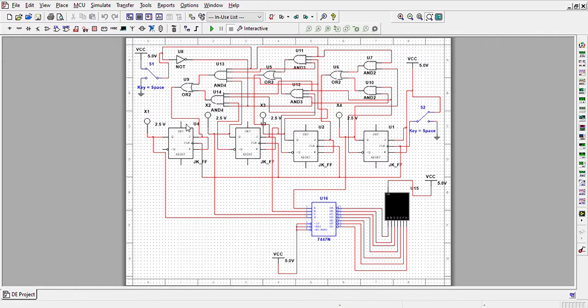Now the working of this circuit: during up counting, a stage flip-flop should toggle when all the lower flip-flops are equal to 1. Therefore, in each stage, one AND gate is used to calculate this carry signal for the next stage flip-flop. When I put this to 1 position, it will count up, and when I put it to the down position, at 0, it will count down.